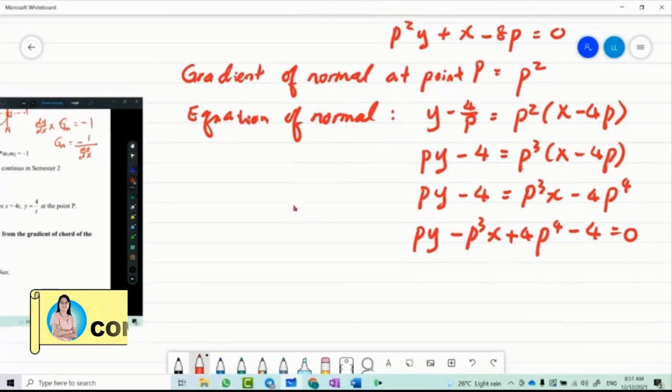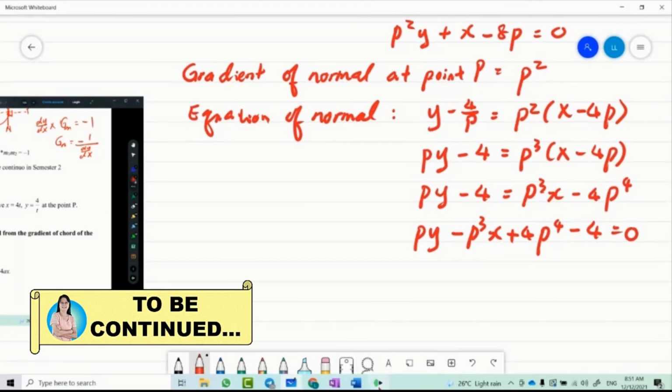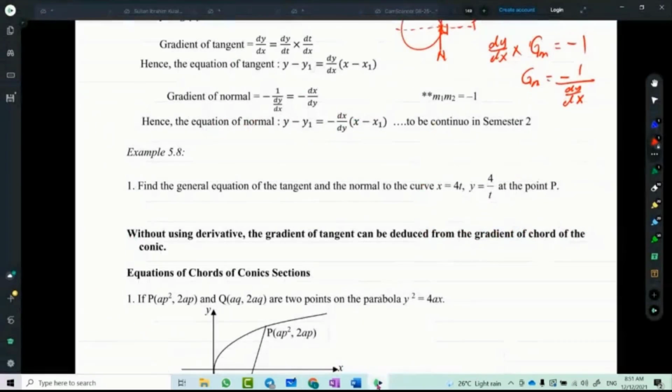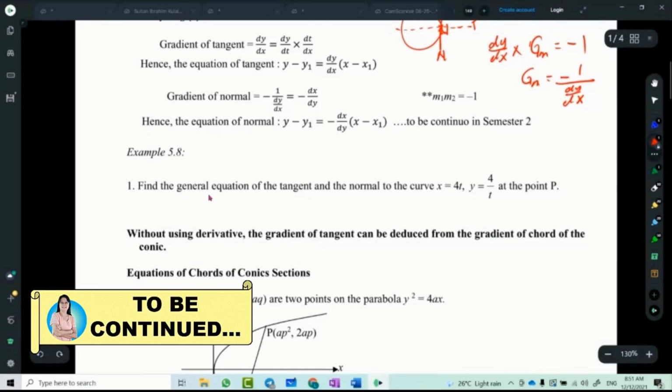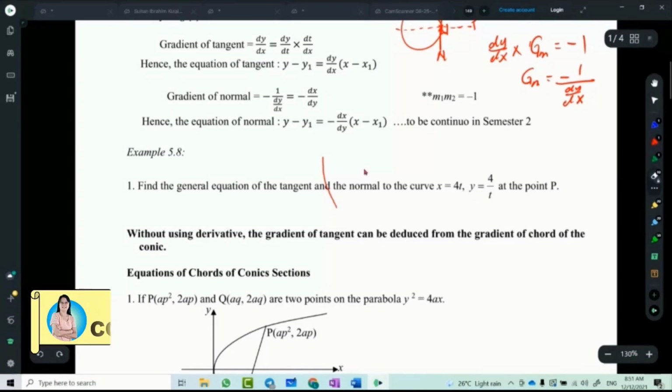Alright, up to here. Okay, kalau tak ada saya teruskan. Dia punya teori banyak sikit. Okay. So by using chain rule sampai inilah. Okay, sekarang saya nak teruskan by using other method.